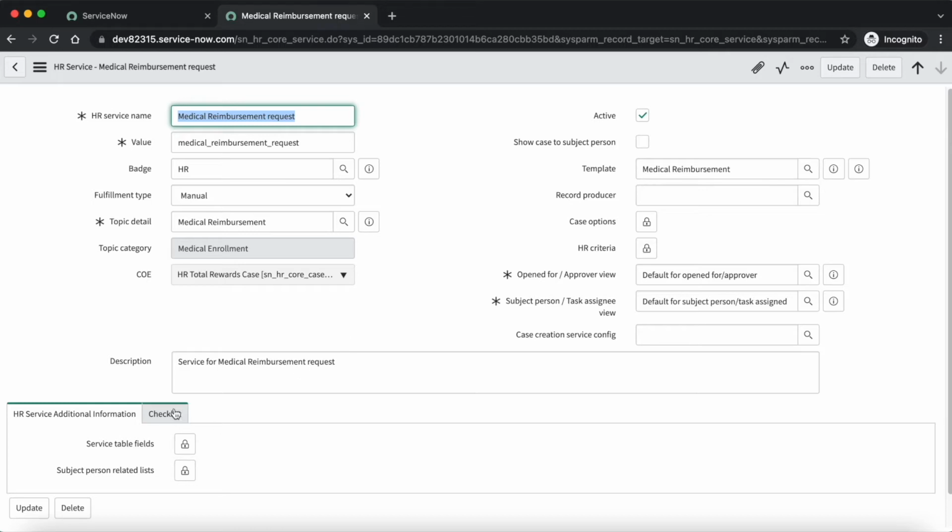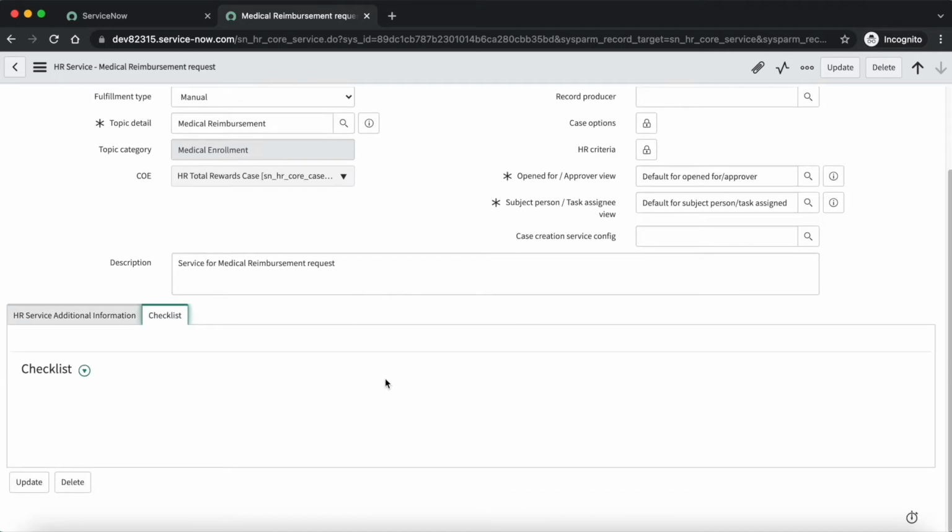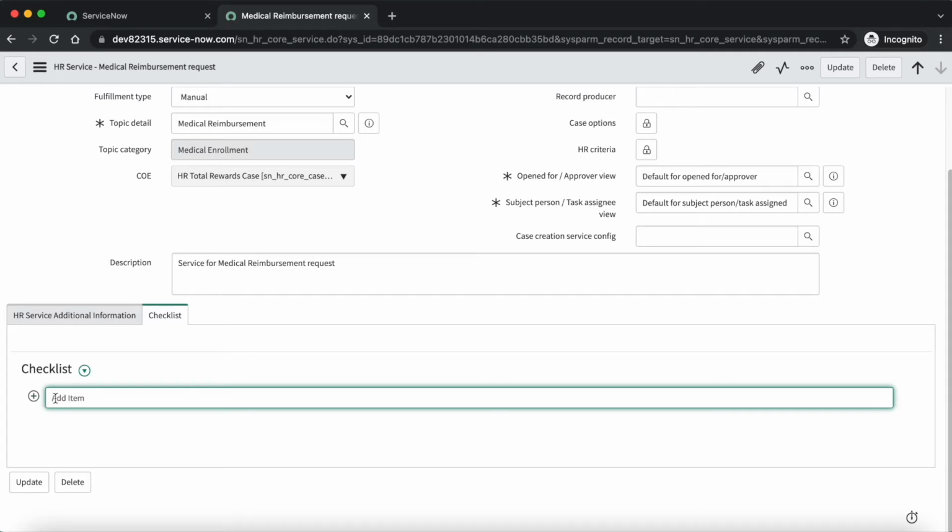Now here you can see that we have a checklist tab over here. Now to add the checklist, we can click on this drop down icon and click on create new button. And let's add few checklists.